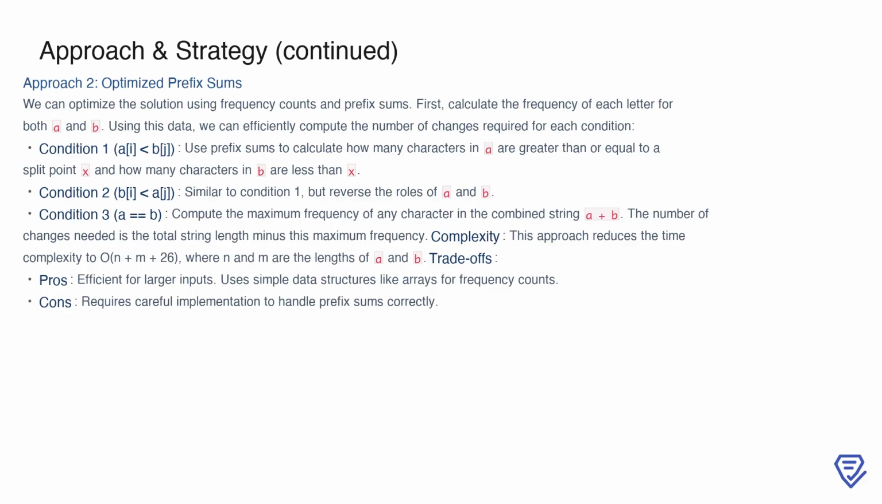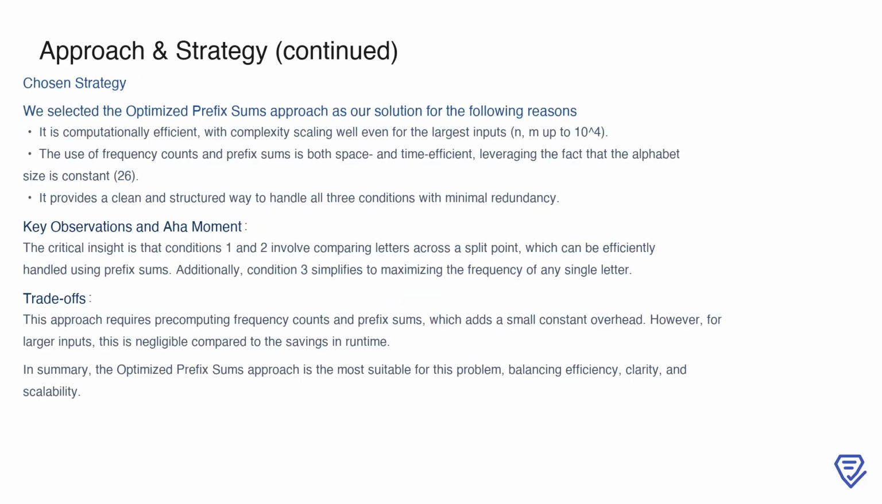By leveraging prefix sums and frequency counts, this approach reduces the time complexity to O(n + m + 26), making it far more efficient than brute force. While this method is slightly more complex to implement, it uses basic data structures and scales well for larger inputs. The optimized prefix sums approach was chosen as the best solution for this problem due to its balance of efficiency